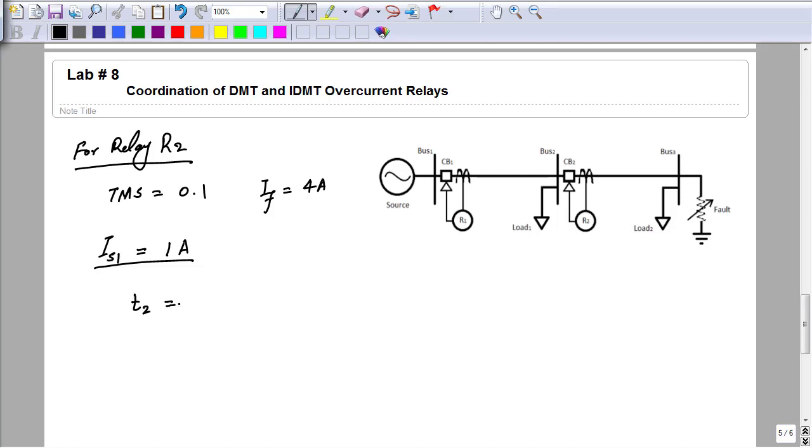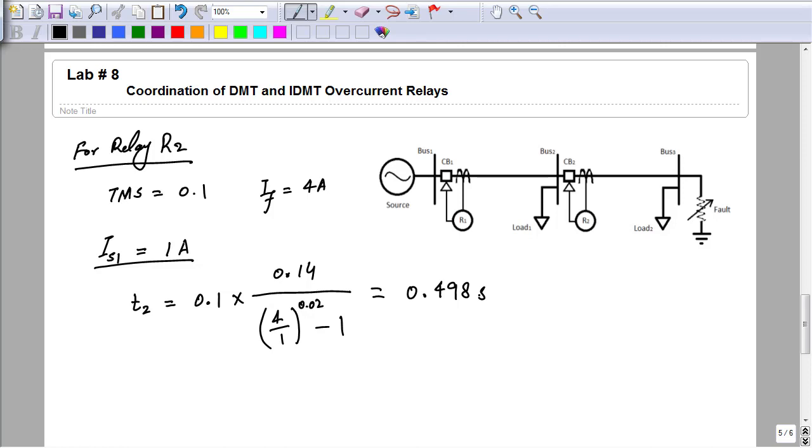T2 will be equal to the TMS 0.1 by using the same formula that I have shown you in the previous slide, that is 0.14 divided by I fault current 4 divided by set current, we have already set over here 1, raised to power 0.02, minus 1. Operating time will be 0.498, up to 3 digits after the decimal point. This is the operating time of the relay.